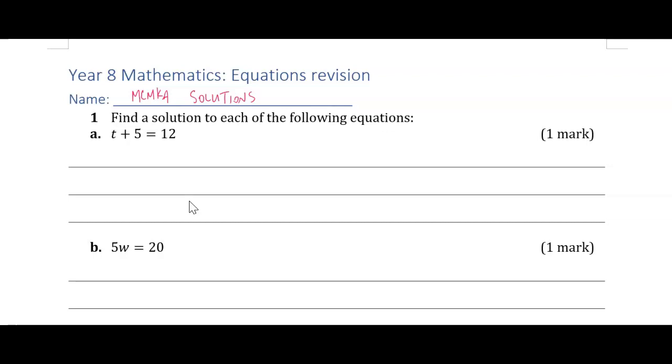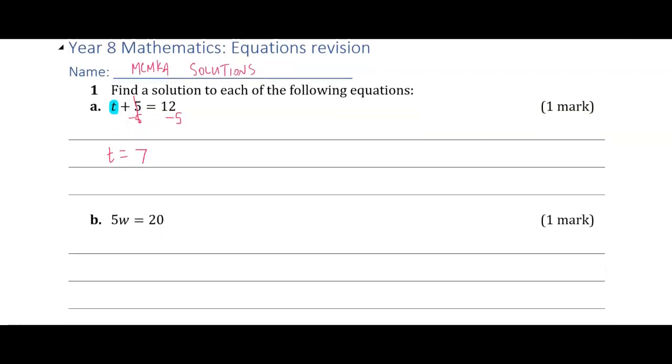All right, so we've got t plus 5 equals 12. What we want to do is the aim is always to get the letter on its own. So to do that, we need to take away 5 from both sides. I've got plus 5 and the opposite of adding 5 is to subtract 5. The reason we do that is so we can get rid of that. Then on the left-hand side, we're left with t, and on the right-hand side, 12 minus 5 is 7. You probably already knew that because you did it in your head, but remember we're going to do them